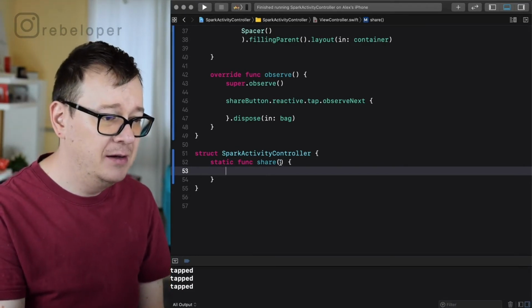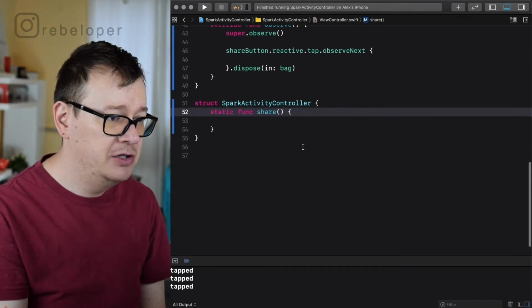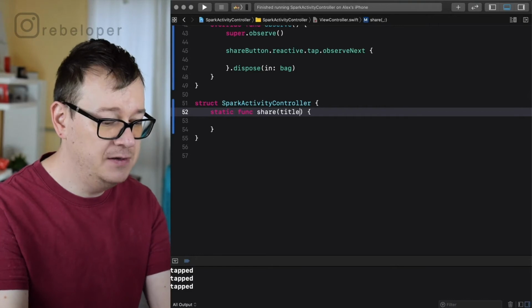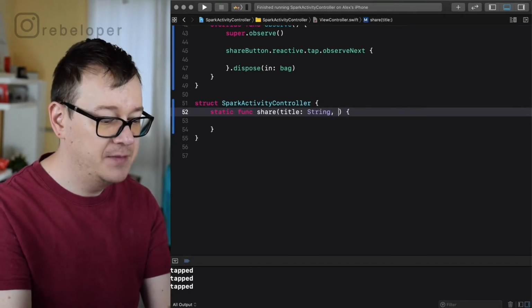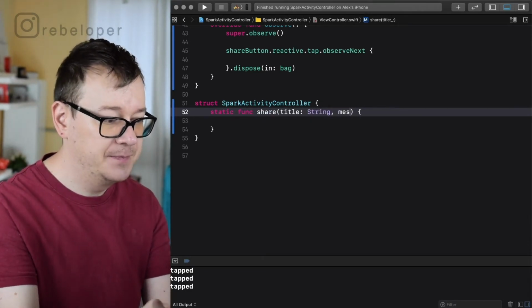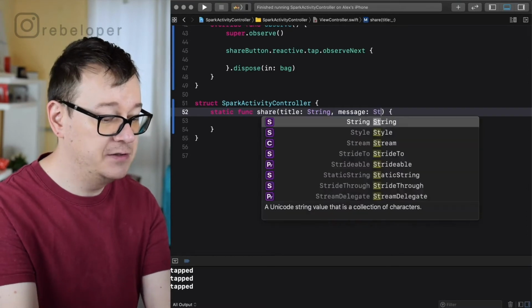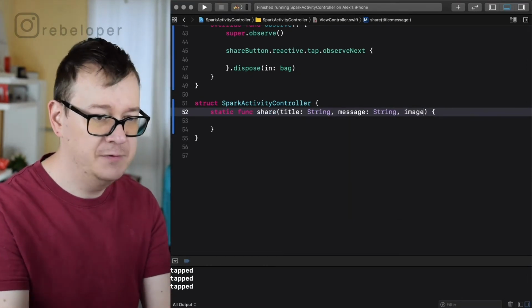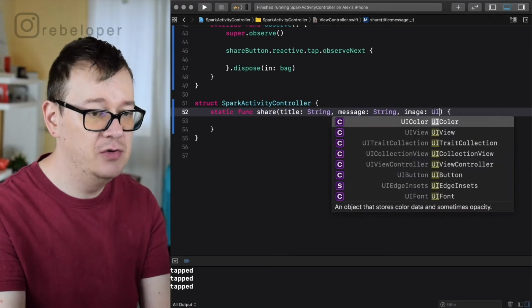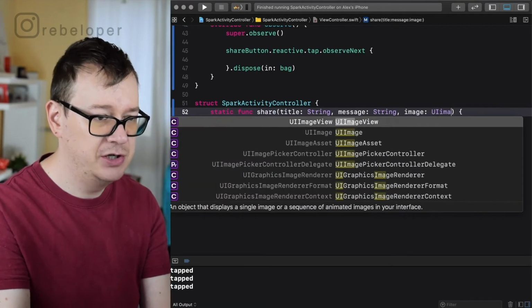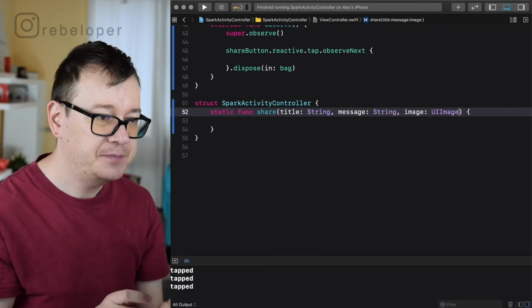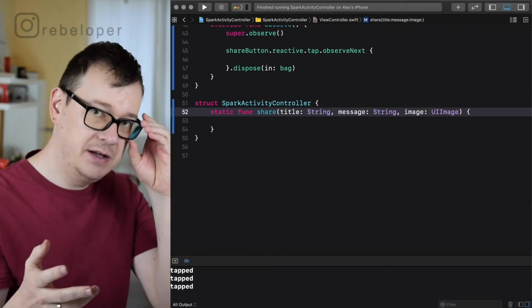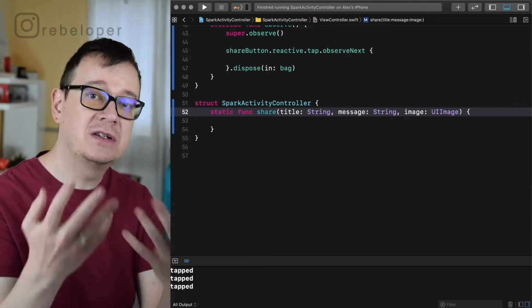So this share must have a title as a string. So title, string, a message, also as a string, and an image, of course. And that will be a UIImage. There we go. Okay, so now that we have our title, message, and image,